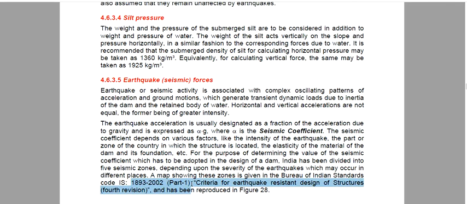So the Bureau of Indian Standards IS code 1893 (2002) Part 1, criteria for earthquake resistant design of structures, fourth revision, has been developed, which is very helpful while calculating the value of earthquake generated acceleration. This code divides India into five seismic zones. That means the whole nation is divided into five zones: zone 1, zone 2, zone 3, zone 4